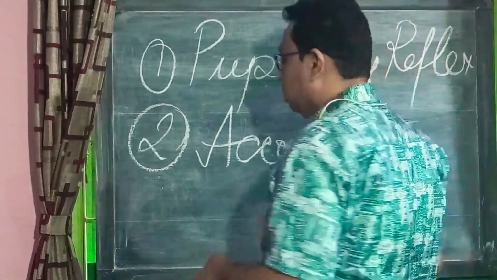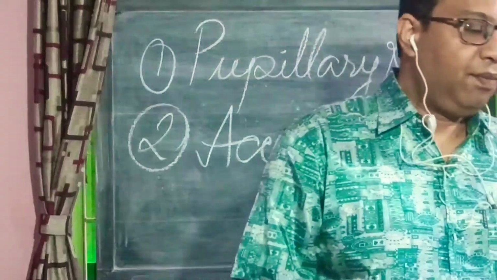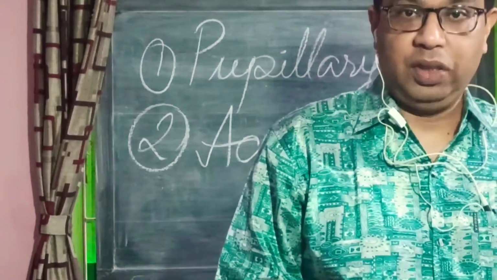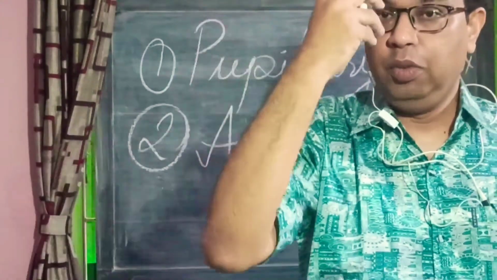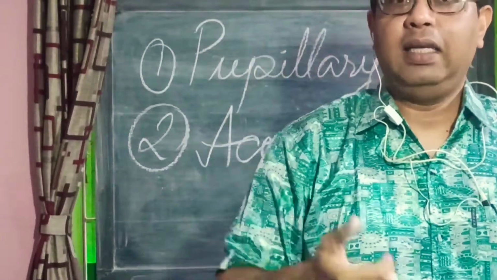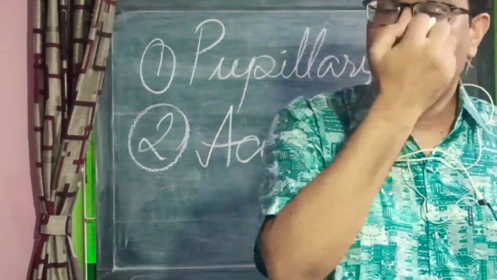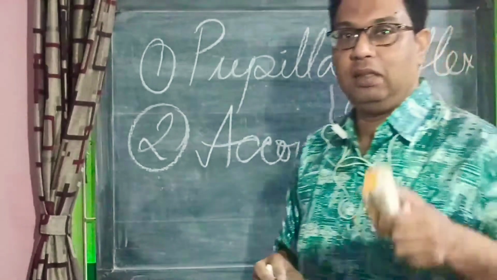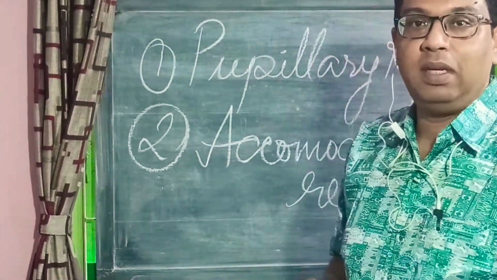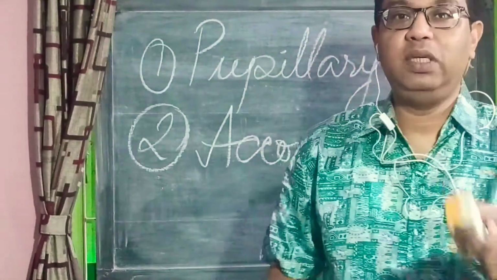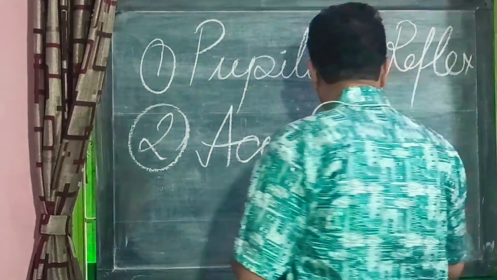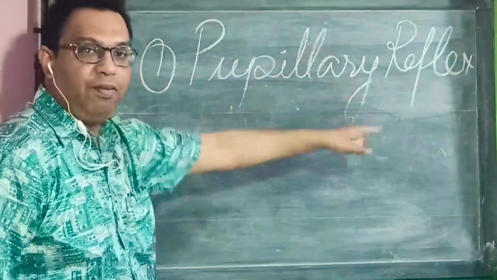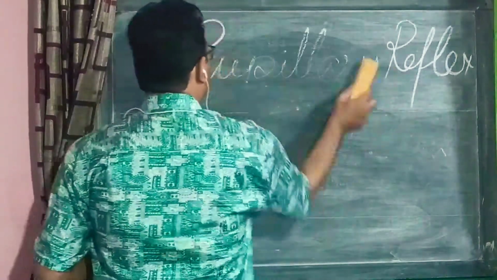The other thing about the pupillary reflex is that when you shine light on one eye, the other eye also shows a similar kind of constriction. So you have the direct light reflex, the pupil being constricted on the eye that is perceiving light, and also the other eye, which doesn't have light falling on it, will constrict. So there is bilateral constriction at the same time. This is the direct light reflex, and on the other eye we see the consensual or indirect light reflex. Let us study the pathway of the pupillary light reflex first, and then we'll talk about the accommodation reflex.